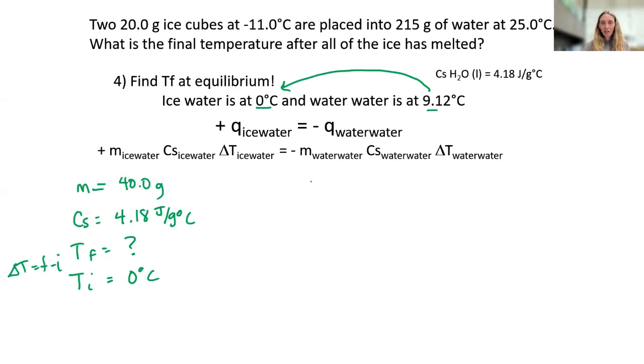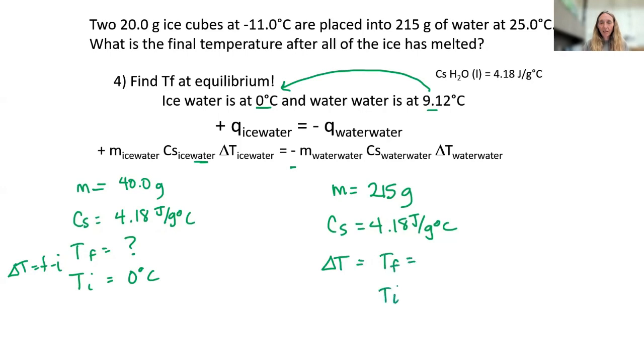So next over here, we have our negative sign. Our mass of the water is 215 grams. The specific heat is 4.18 joules per gram degrees Celsius. Notice this number is the same, right? I switched it because now we're at the water phase. And because we're at the water phase or liquid, we have to use the 4.18 specific heat value. Okay. And now we have our change of temperature, which is going to be temperature